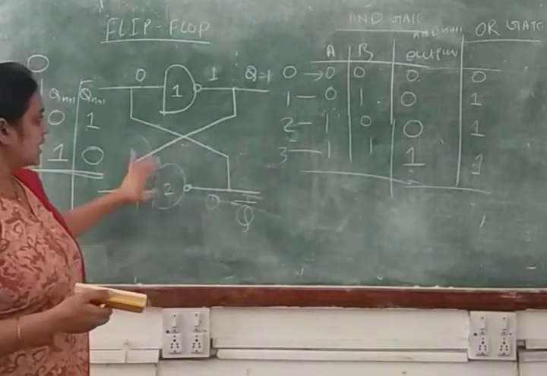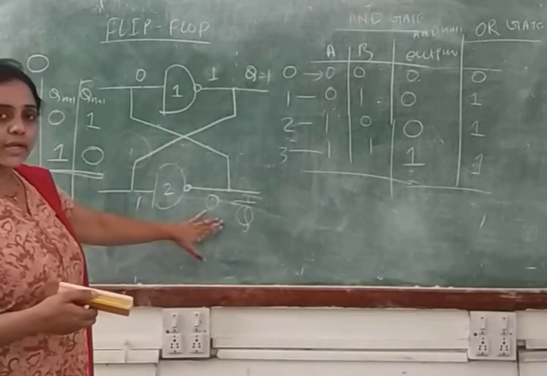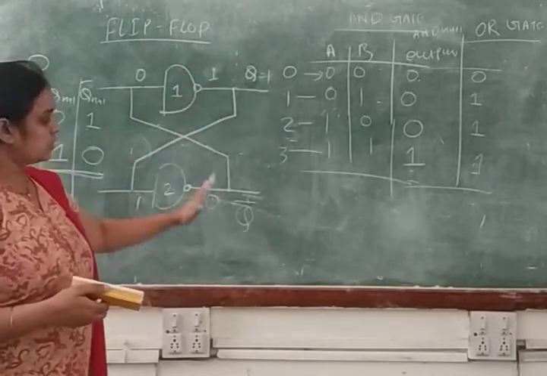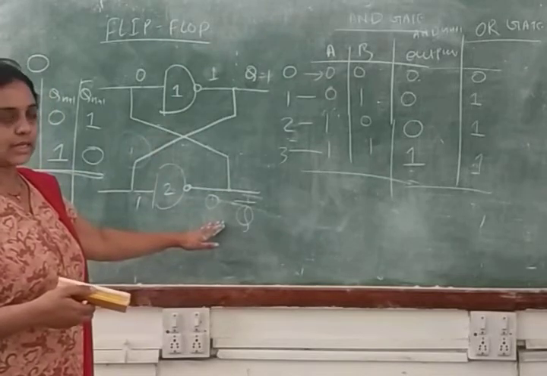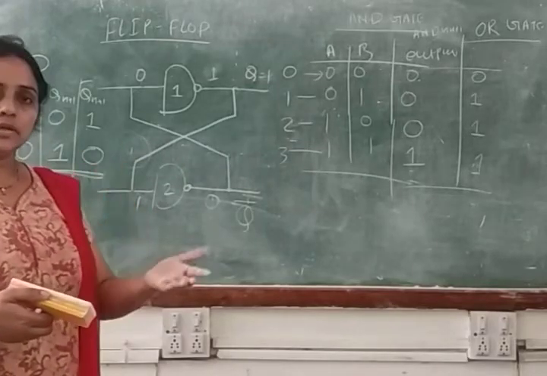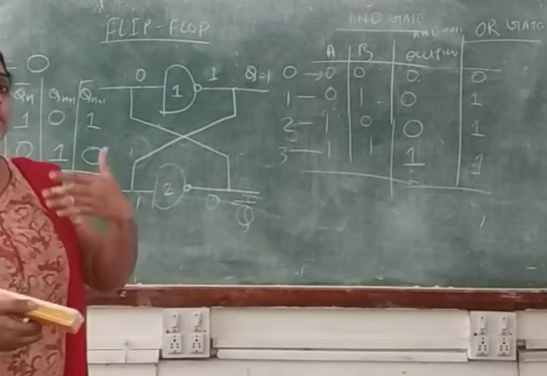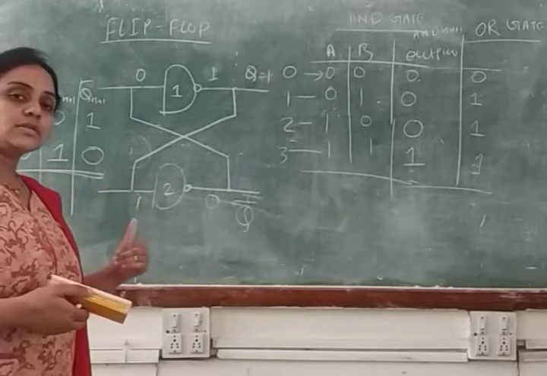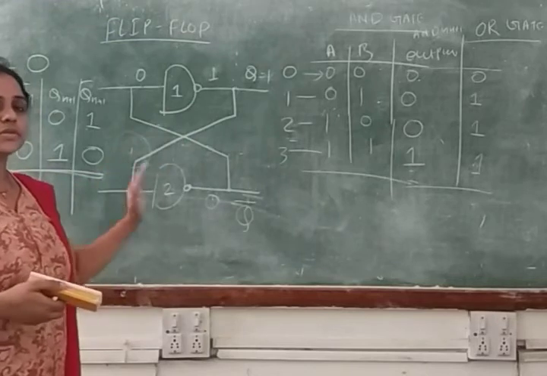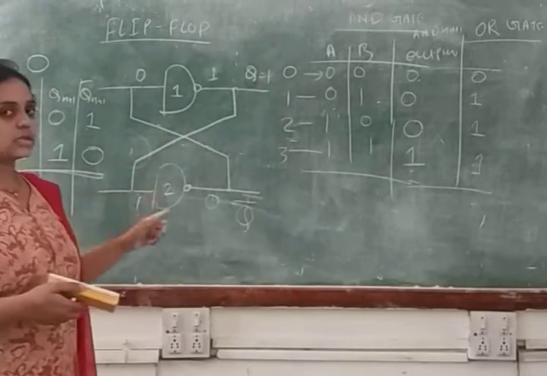You have two NAND gates, first and second, and you have two outputs, Qn and Qn complement. These outputs are complement to each other. If this is Q, this is Q complement. Clear? And by solving this circuit, basically you are finding the next state output. Means if your previous state output is 1, what is your next state output? If your previous state output is 0, what will be your next state output? Likewise you will solve this type of structure and find your next state output. So this is your cross-coupled inverter.